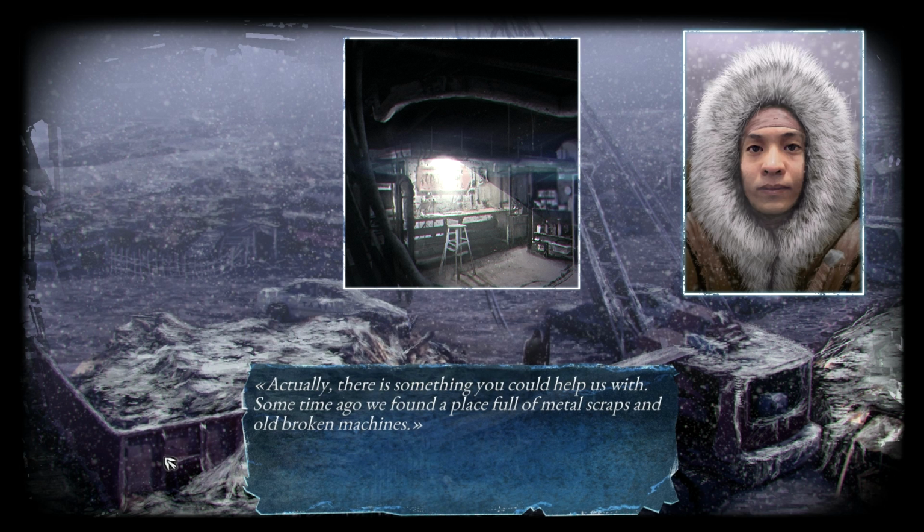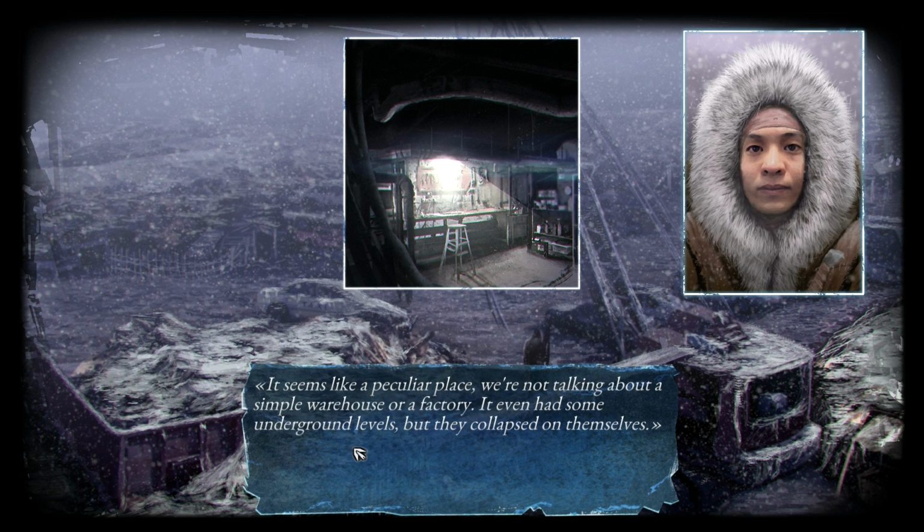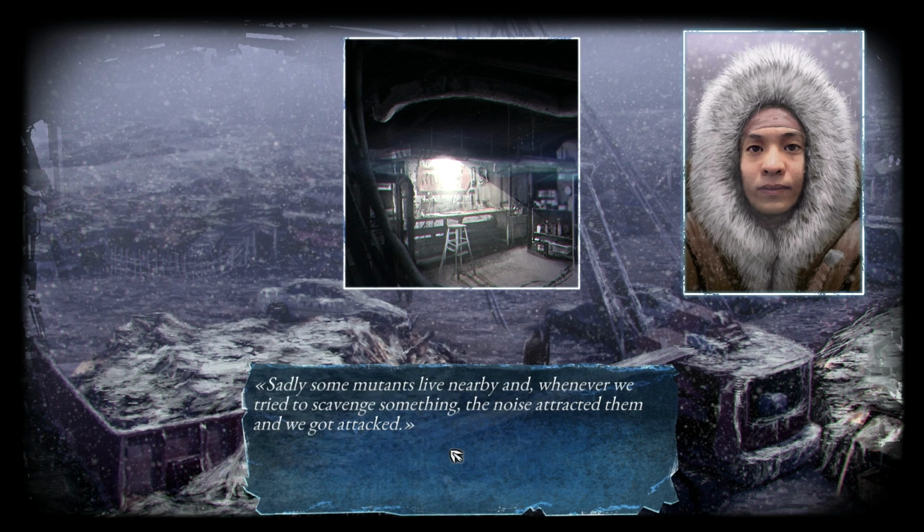Actually, there's something you could help us with. Some time ago we found a place full of metal scraps and old broken machines. It seems like a peculiar place. We're not talking about a simple warehouse or factory. It even had some underground levels, but they collapsed on themselves. Sadly, some mutants lived nearby, and whenever we tried to scavenge something, the noise attracted them, and